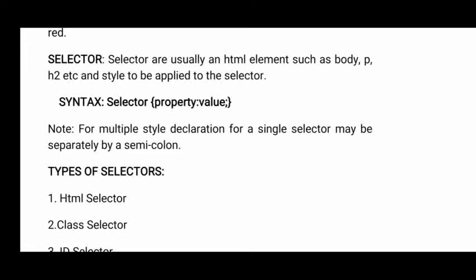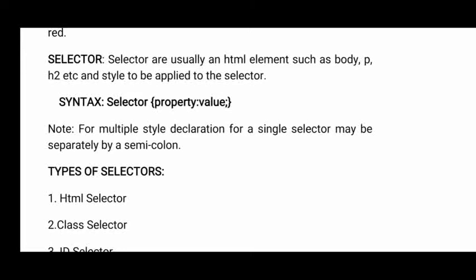Okay, so selector is nothing but the HTML element to which you are giving the property, and the property and value is nothing but the styles. And whatever property and value there is should be inside the curly braces. Now property and value should be separated by a colon, and the value should end with a semicolon.